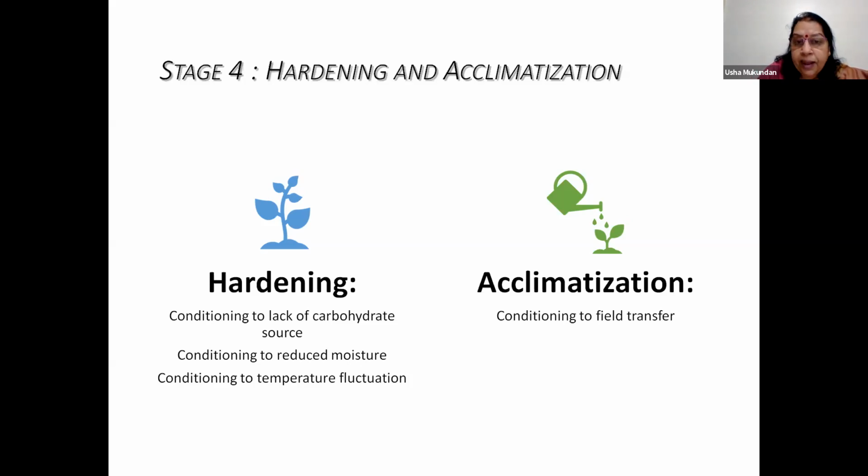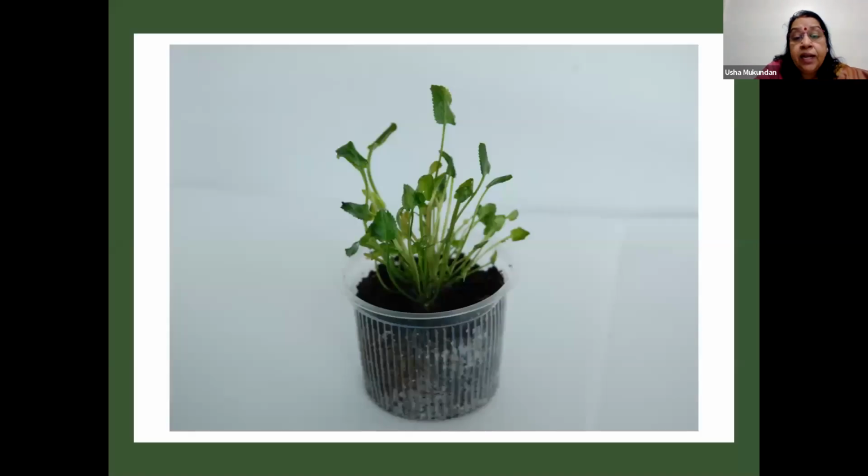Now, how is it done? It is done by various processes. And in the laboratory, when you are doing at small scale, you may use a simple method wherein you can take container in which you are growing, or rather you have transferred these plants. You have to first wash them thoroughly so that all agar which is sticking to them will be removed. And then you transfer them to a sterile potting material, which is usually coco peat, or it can be vermiculite or perlite.